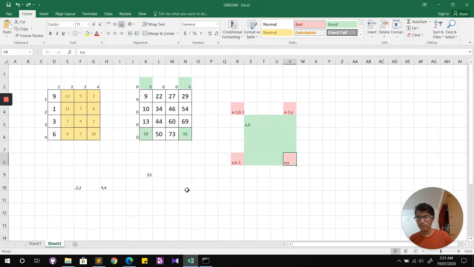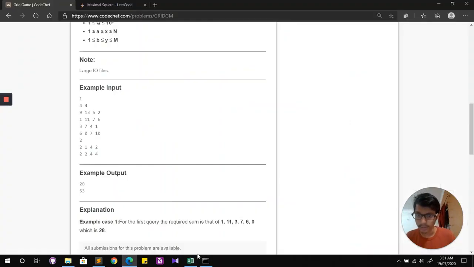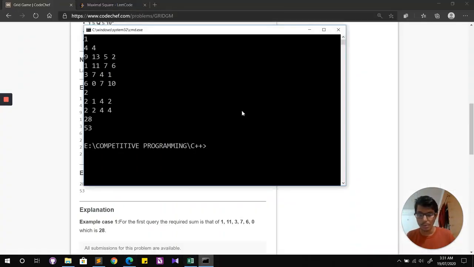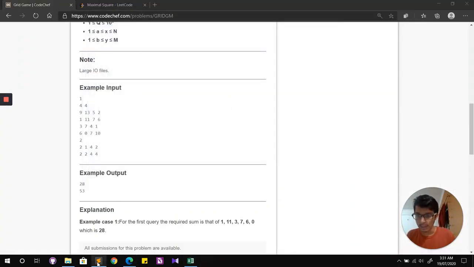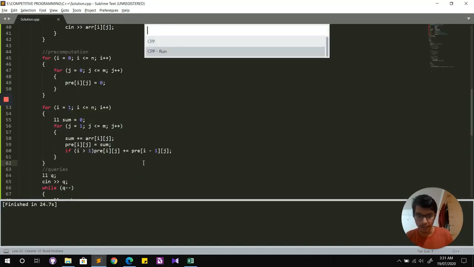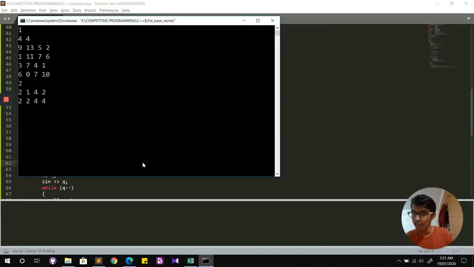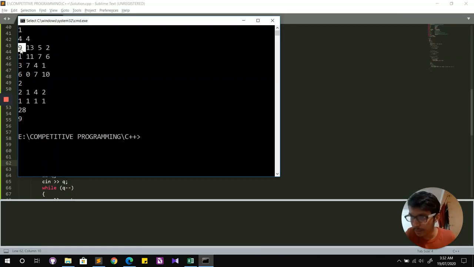Before submitting it on CodeChef, let's try it for some trivial case. Let's say 1 comma 1, just 1 comma 1. I'll just run it again, and it works. I changed the second query to just my first element, and it works because it's giving me the sum 9.